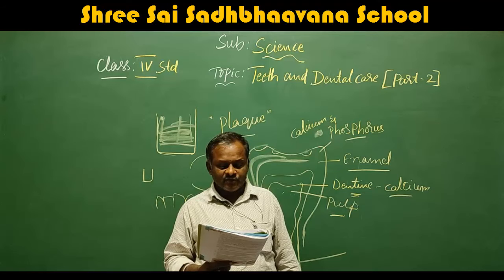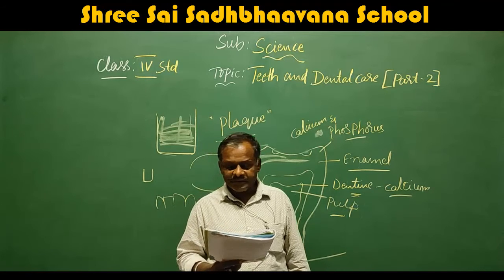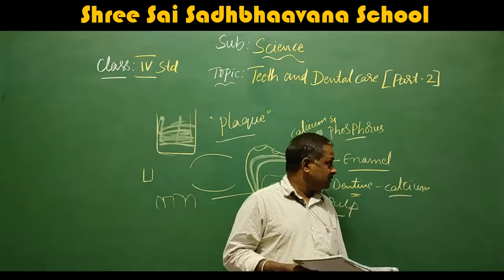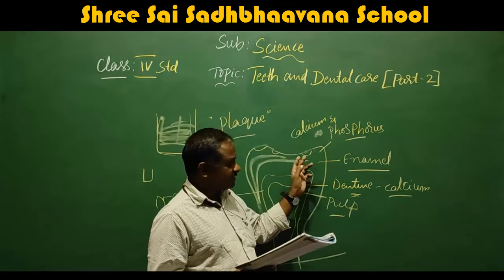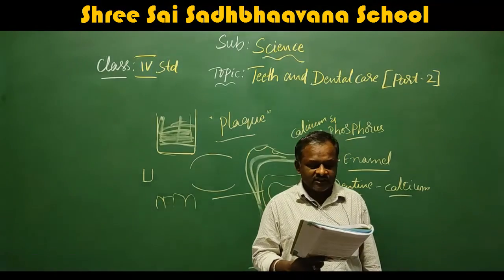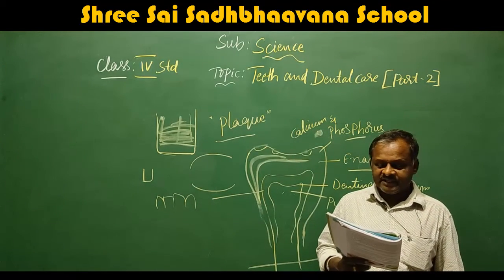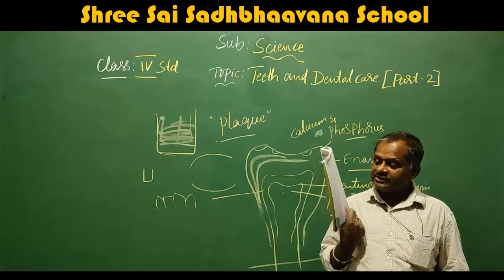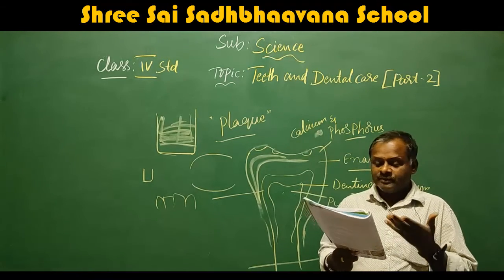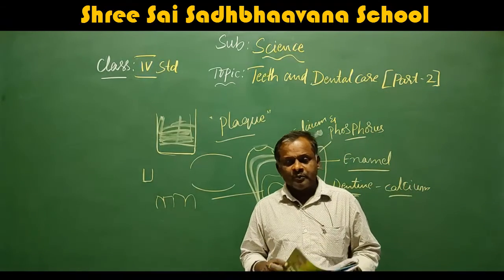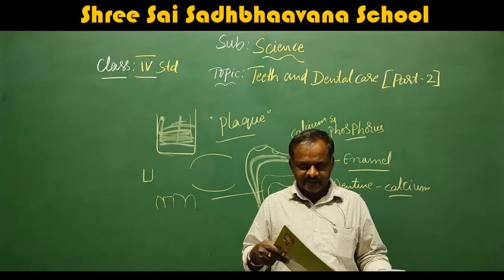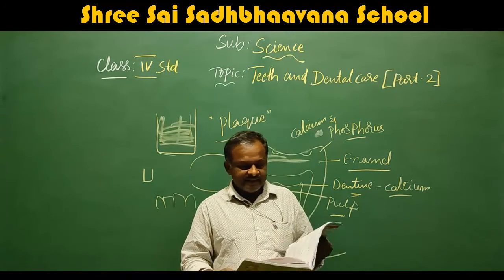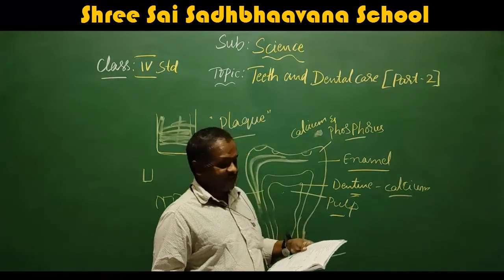There are 4 types of teeth: incisors, canines, premolars, and molars. A tooth has 2 parts, root and crown. This is the crown. Proper care of teeth must be taken for keeping them strong and healthy. That means I have explained the dental care that should be taken to protect the teeth. So this completes your lesson, the dental teeth and dental care.